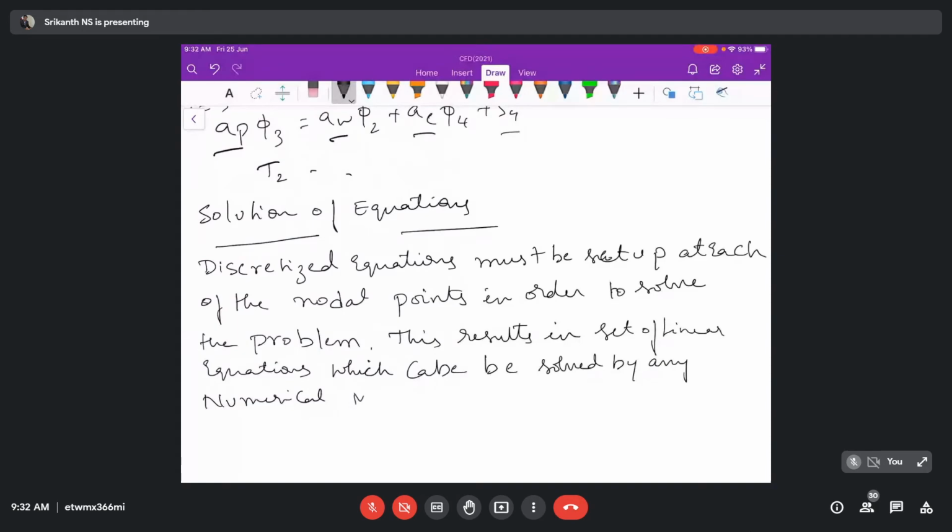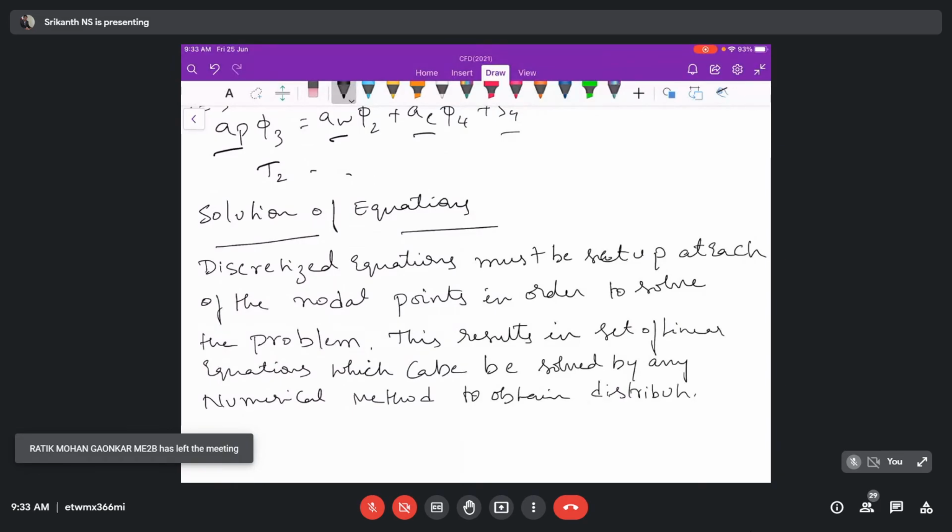Okay, the matrix method I have taught you, no? Matrix method to obtain the distribution of property. Is it okay, guys? Did you understand? I know you have understood only 50 to 60% now, since you have not solved the problem, but at least you would have got some brief idea about how things are going to be.